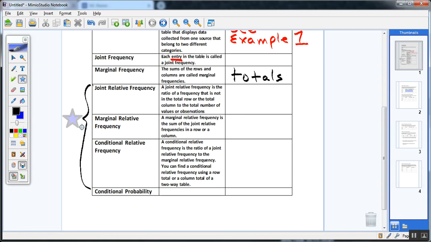All right, so how about joint relative frequency? Who wants to read that first? Michael, go ahead. A joint relative frequency is a ratio of a frequency that is not in the total row or the total column to the total number of values or observations. Okay, so we're always comparing. It's not in a row and it's not in a column, okay? But what this joint relative frequency does, kids, is it compares everything to the